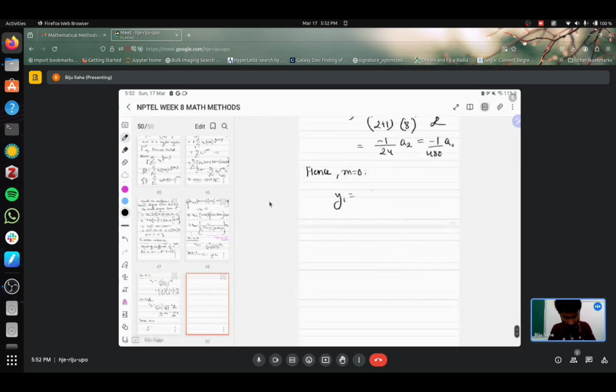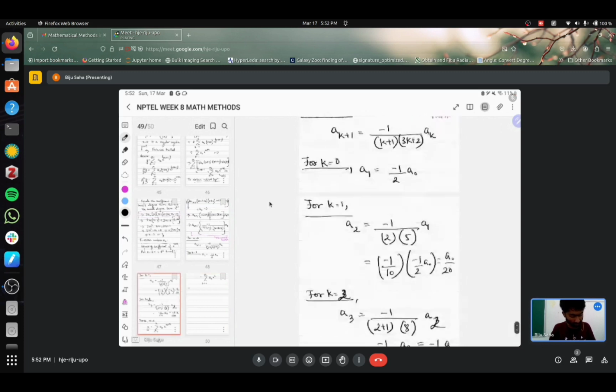So y1 was given by this, and for m equal to 0, since we have obtained various ak's, we can write it to be